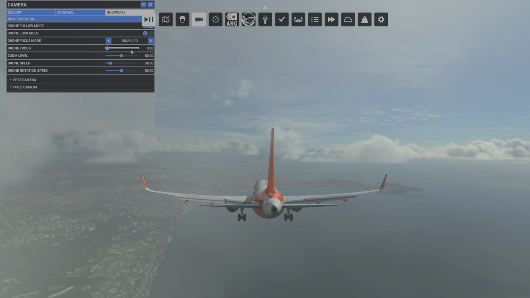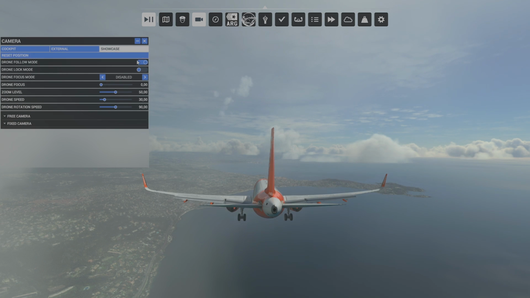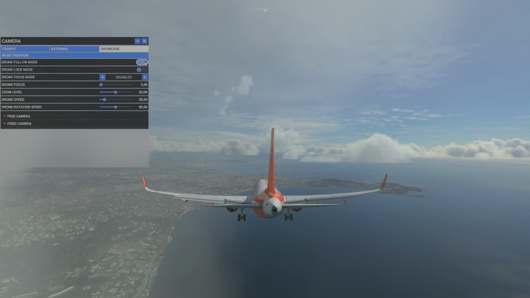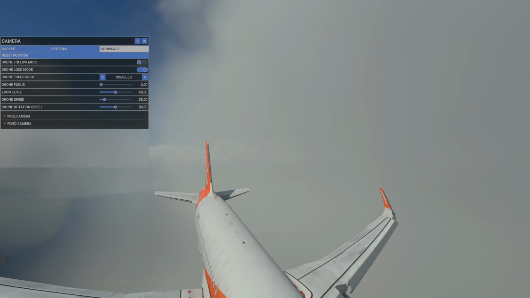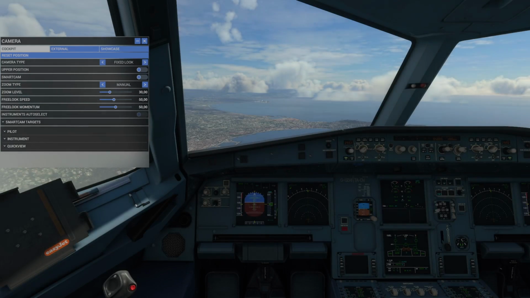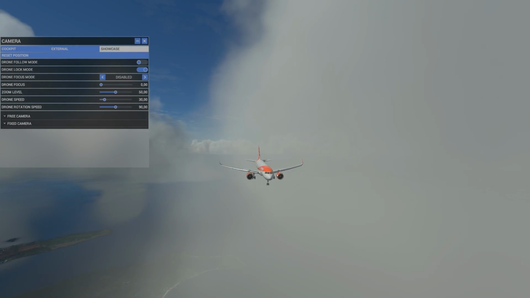We need to select a location to put our camera. So here you don't need, so always unselect drone follow mode. Okay, and here I've selected drone lock mode, but that's a mistake.